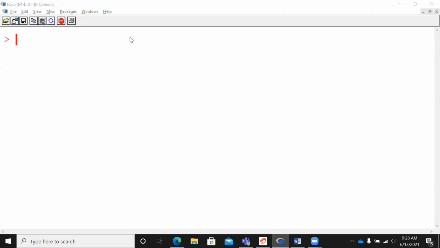Now, even before I demonstrate the Apriori algorithm, what I will do is call the library arules. I've already installed this particular library, so I'm not going to reinstall it. I'm just going to call the library arules. In case you have not installed the library, I request you to install it by using the command install.packages("arules"). Once you install this particular library and call the library arules, in the next step, what you can do